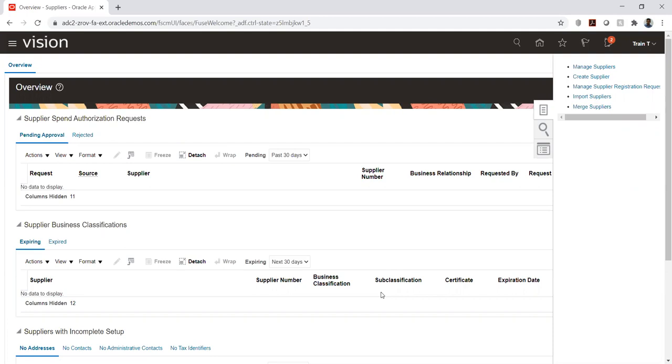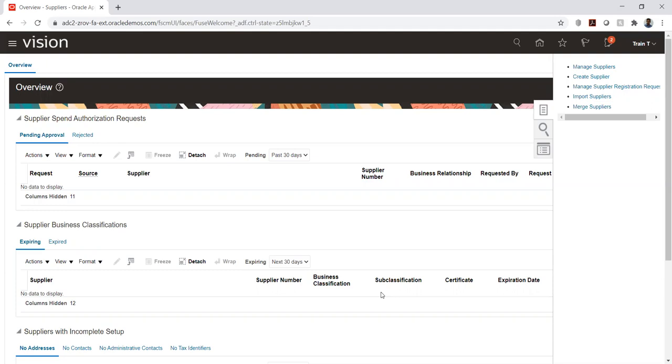So who is buyer? Buyer is basically the one who raises the purchase order or who raises the requisition to the supplier. So logically speaking, he is the one who will know which supplier needs to be entered into the system. So the actual process starts from the procurement agent or the buyer. So that is why in Fusion there